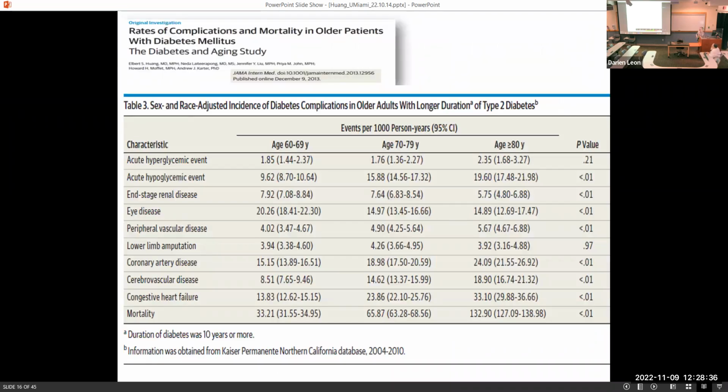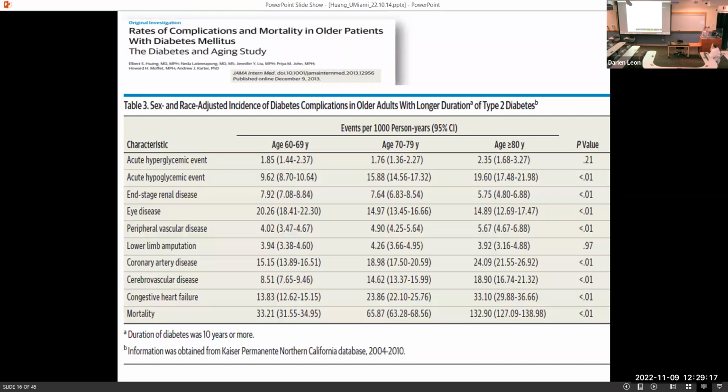So the other thing that we can do with real world data is understand the natural history of diabetes. This is data from a paper using the Kaiser Diabetes Registry out of Northern California. It turned out that no one had updated our understanding of the natural history of diabetes for over 20 years. So we used more contemporary data from Kaiser to characterize the event rates: what happens to people as they age, and what happens when they have different durations of diabetes. This is an extremely blissfully simple study, but important because it provides the baseline of what we are trying to prevent, what's happening to people, and how this can guide our treatment.